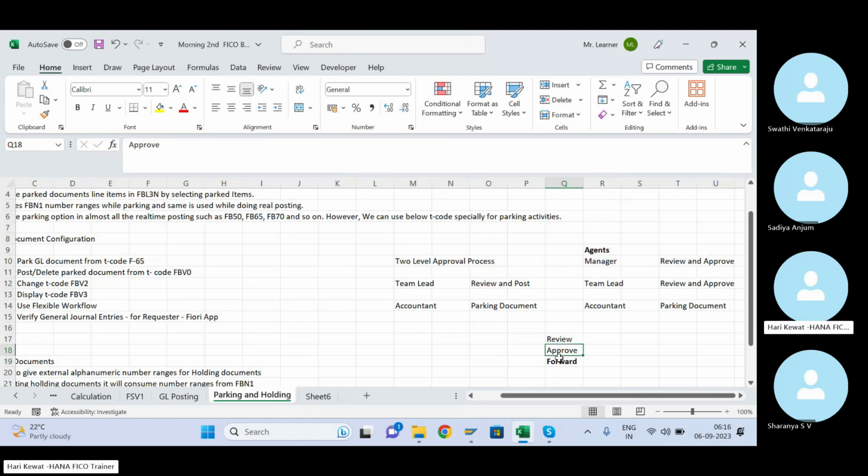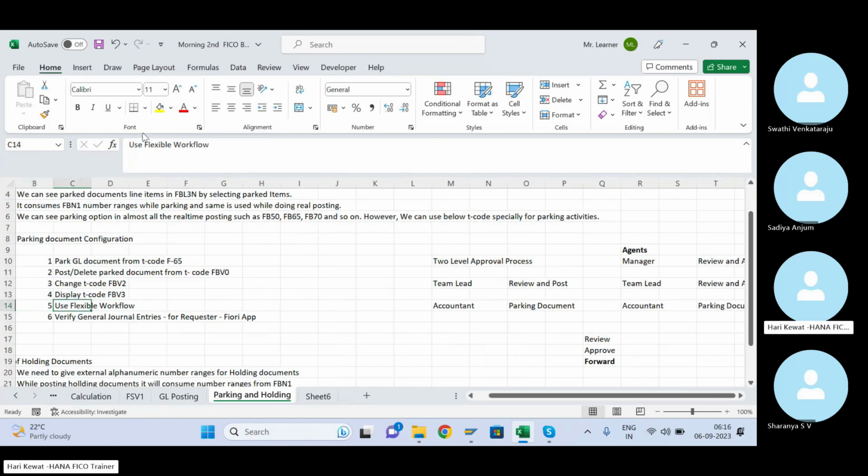Okay. So these three points you have to discuss, and the layers, the levels you have to discuss. This is done in the flexible workflow module, or in this functionality. Okay, this is a technical thing. You have to work with a buffer, and you have to build this approval matrix. Okay.